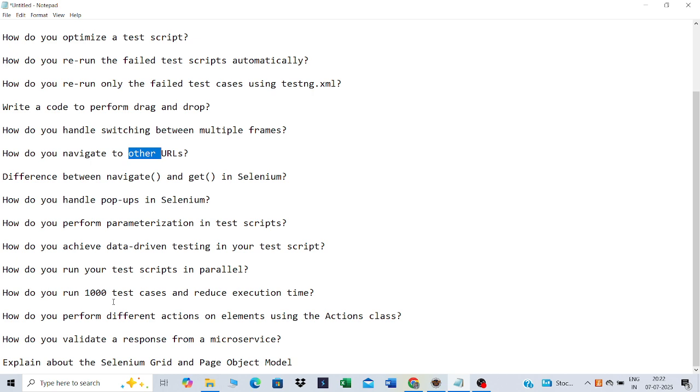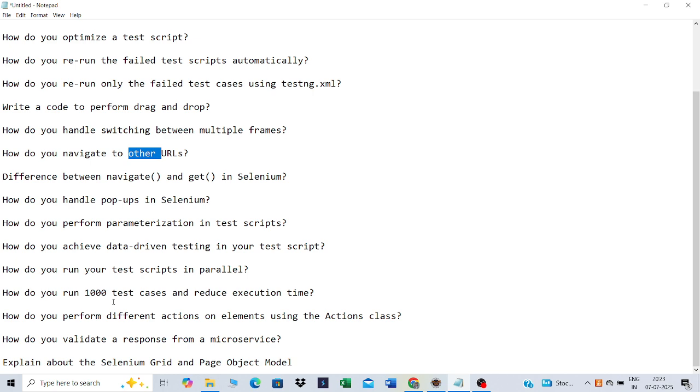How do you validate the response from a microservice? It's basically an API question. First we have to get the response from the API, and based on the response, we have to do the validation. For example, in the typical REST Assured structure, given, when, then, that will return the response as an object. After that, we have to create an object of the JSONObject class, and that will be expecting this response. We have to pass that response as a string. After that, using that variable, we can use JSONPath or get JSONArray, or based on the requirement we can perform the actions, guys.